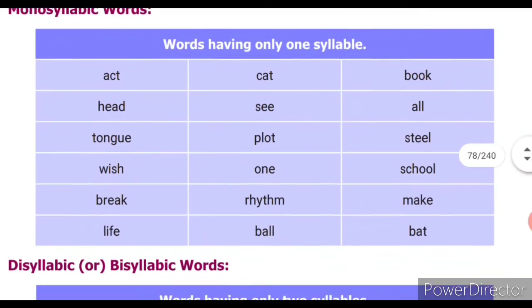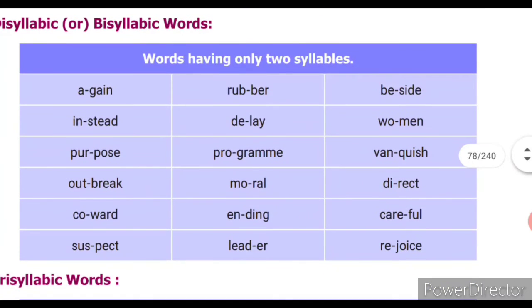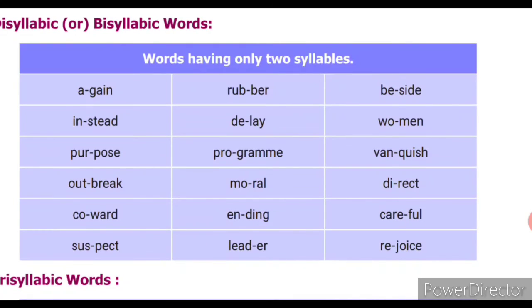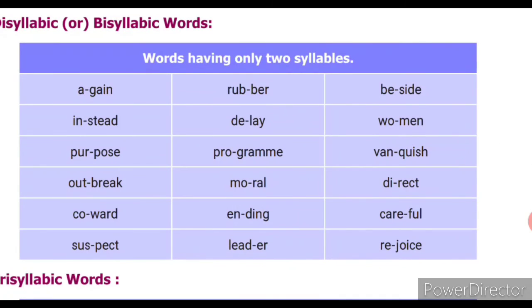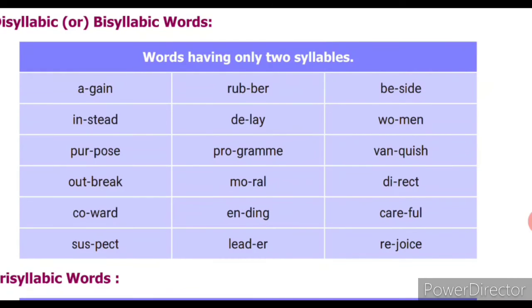Okay, children? Yes. Now let us see the disyllabic words or bisyllabic words. Words having only two syllables are called disyllabic words. If you want to be more accurate, children, I told you the game: you can keep your hand under your chin and spell and see. Again: rubber, beside, instead, delay, woman, purpose, program, program we will not divide, vanquish,